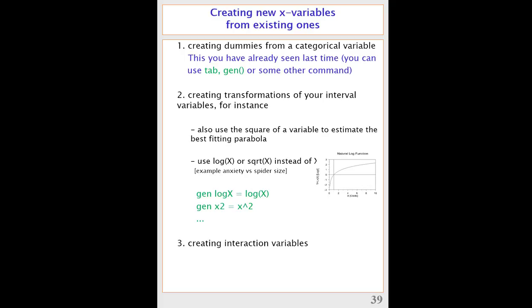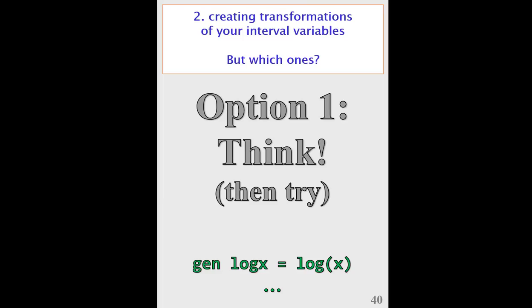And the third one is by what's called creating interaction variables. If I have 2 variables in my data, at least 2 predictor variables, I could in principle create a third one by, for instance, taking the product of the 2. And when that will be wise, we'll see in a minute. Okay, so the first one we've seen already. The second one, let's look at that one. How do we do it? Well, the first one is